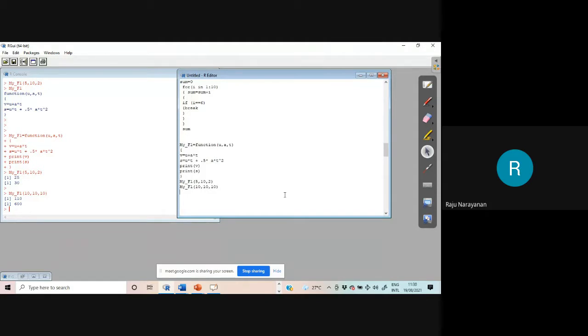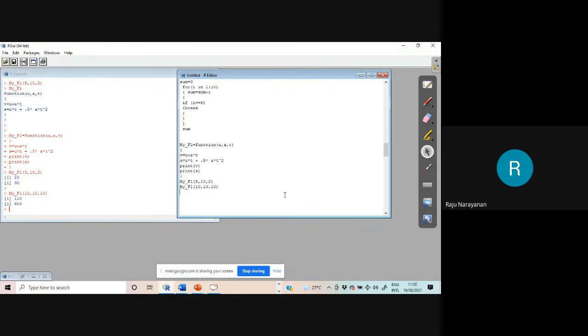Is it correct? A into t is 100. 100 plus 10 is 110. Correct. A into t square is 10 into 100, 1000. 1000 by 2, 500. 500 plus ut. U into t is 100. 500 plus 100, 600. Finish.